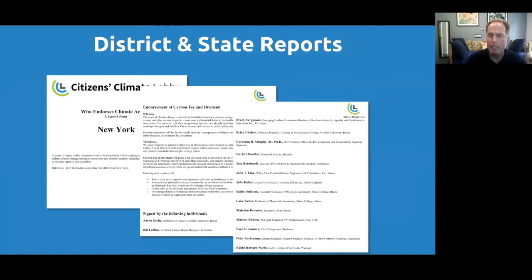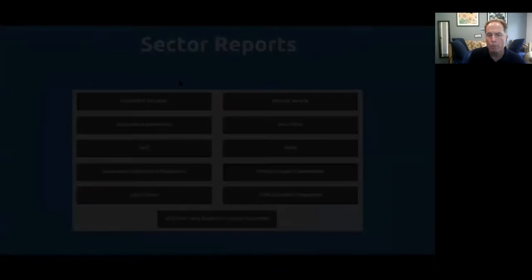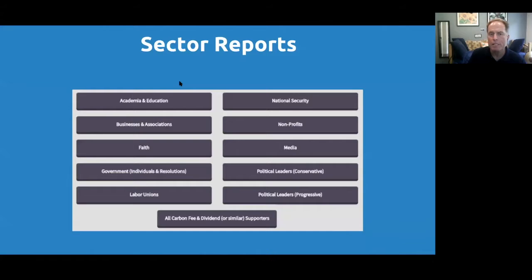And the same with the state reports, which are of course bigger. They list all the signed endorsements for a state. And as I said, you can download these from Community. They're regenerated on a regular basis. The other way to group all the signed endorsements is by sector, and here you can see that there are 10 sector reports. These are most useful